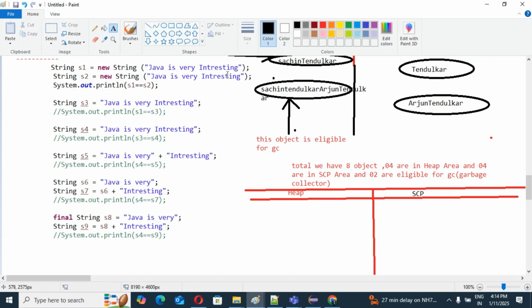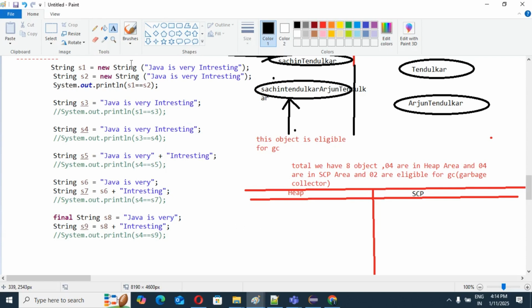After seeing this line, we are using the new keyword here, so definitely you will have two objects. Whenever you use the new keyword, definitely one object will be created in our heap area, right guys?